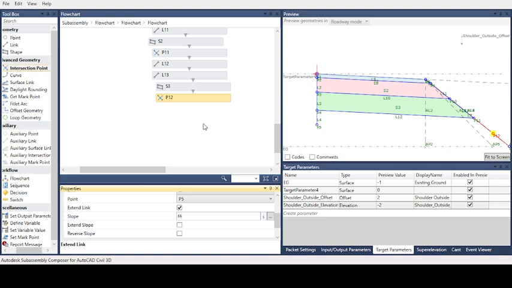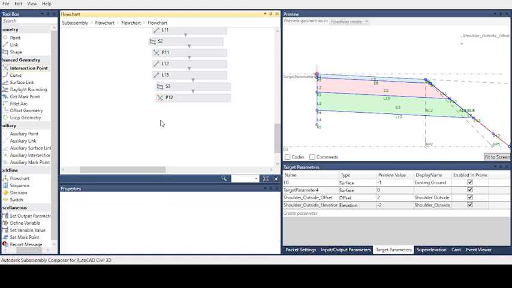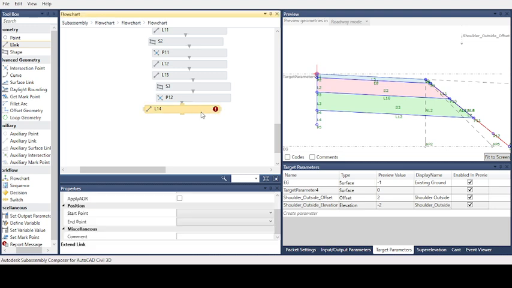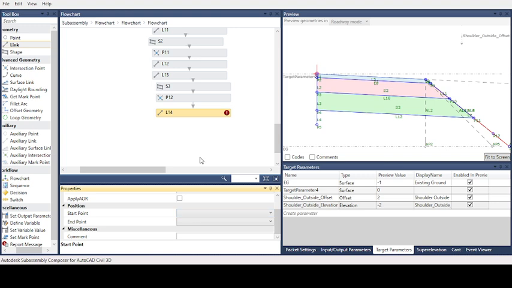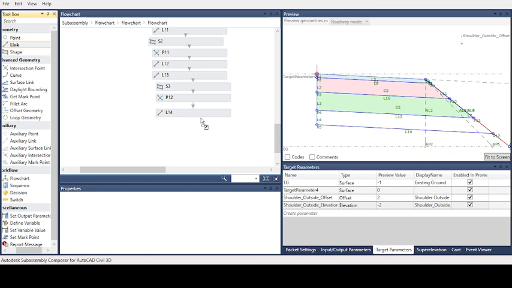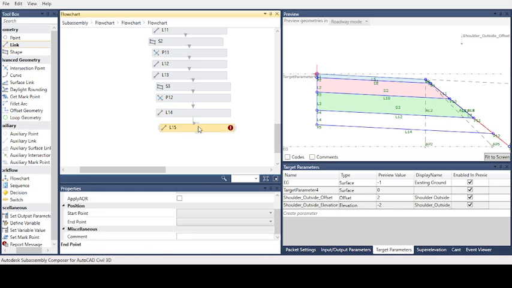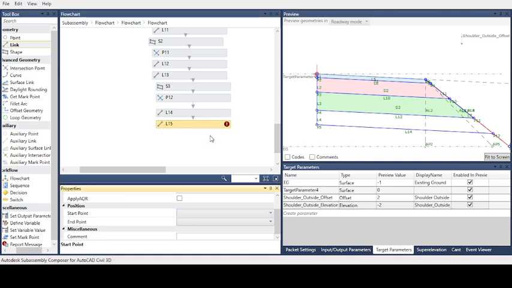Yeah, in order to have confidence in the work, we will now create a link. This link connects point 5 and point 12. We add another link that connects point 11 and 12.